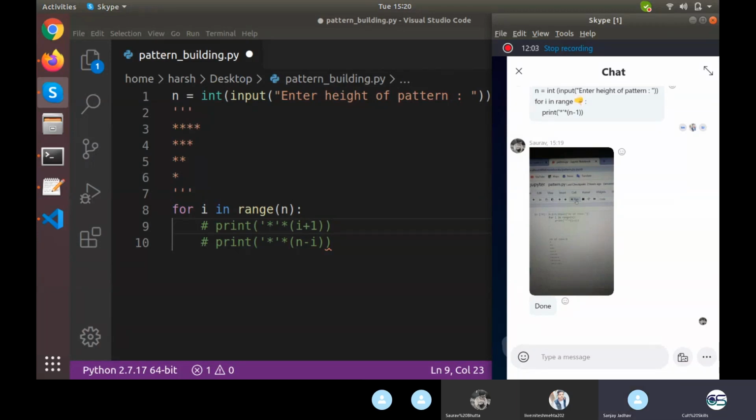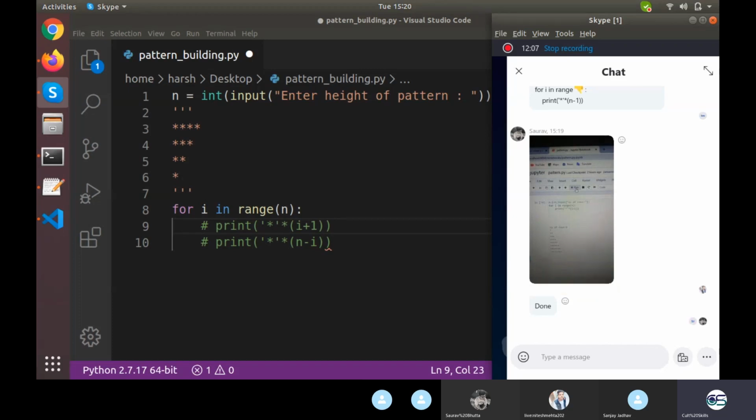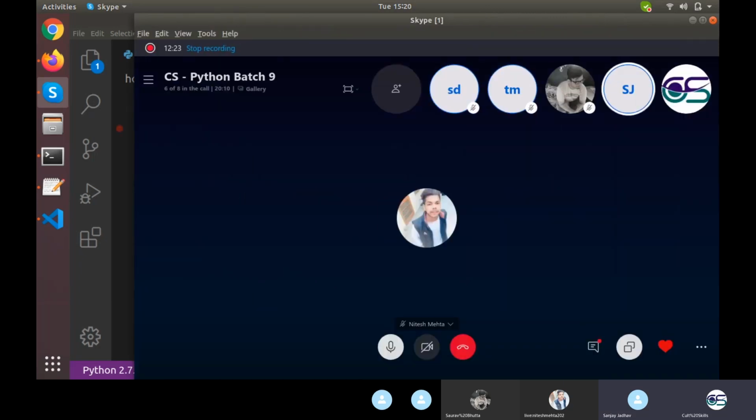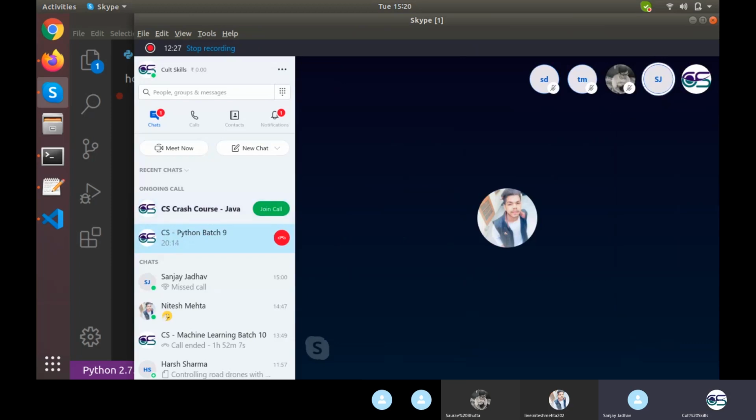I just sent you the screenshot. I didn't get it. Where have you actually sent it to me? Like on the Skype or on the WhatsApp? On the Skype chat. No, but where is it? My screen is already shared. No, do you want me to share the screen or just send the screenshot? Share the screenshot.